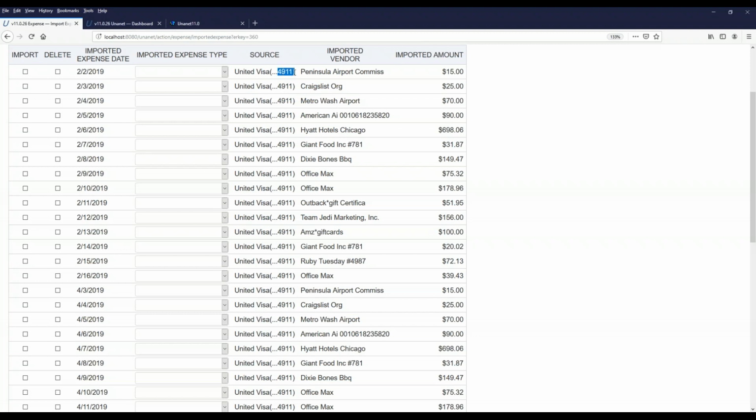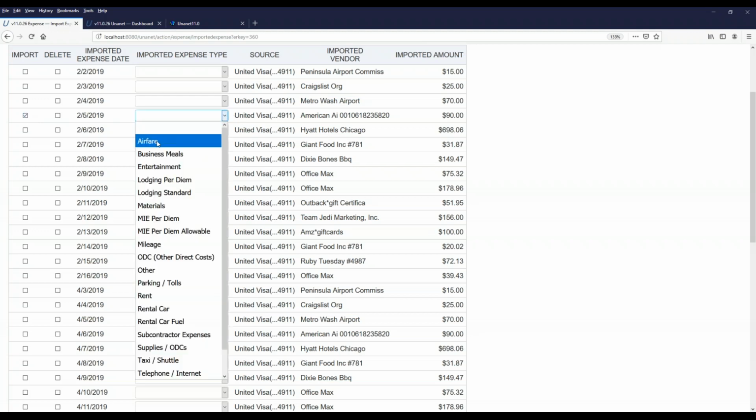Here we see, here's Charlie's card, right? He's got the corporate card with the last 4 digits, 4911. So effectively what he's able to do is start allocating charges from his darn near real-time credit card statement to projects in the system. All he has to do is pick one and say, oh, okay, American Airlines, I'm going to import that one to this expense report. It was an airfare